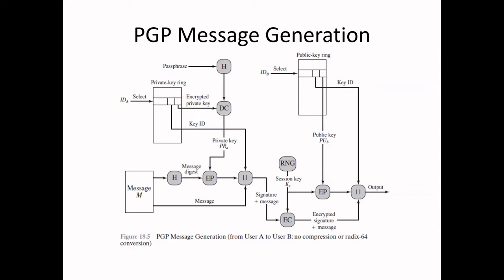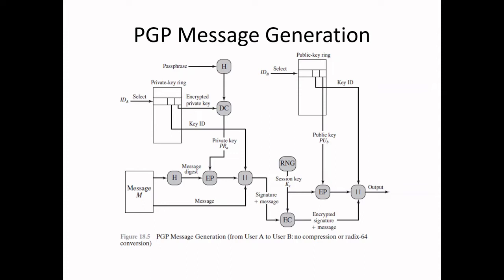Okay, what happens during PGP message generation? We already said that when PGP wants to send a message to another person, first, if a signature is required, a digital signature is generated, that is the hash code in encrypted format. Then we have the zip algorithm, which is not shown in this diagram, and then symmetric key encryption happens here, and finally Radix-64 encoding is done, which is also not shown here. So the compression and the encoding mechanisms are not shown here.